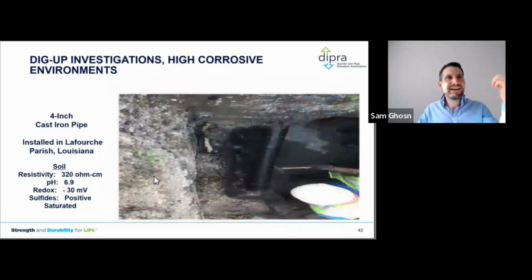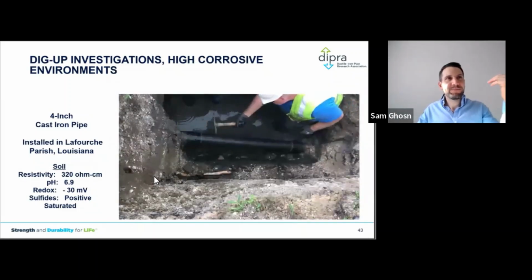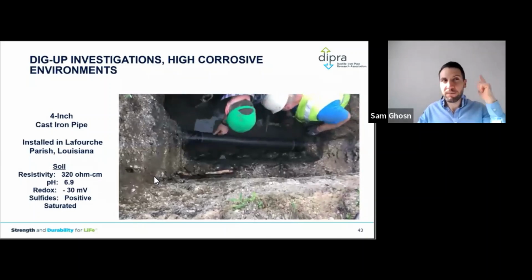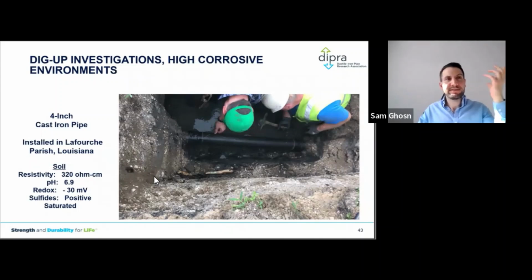So the last step is actually tapping the pipe with a welder hammer to sound the pipe. And what we're trying to sound here is the ding, and basically the sound of iron. So we didn't lose the iron. We were not left with graphite only. And that's actually the sound of iron after 60 years of service.